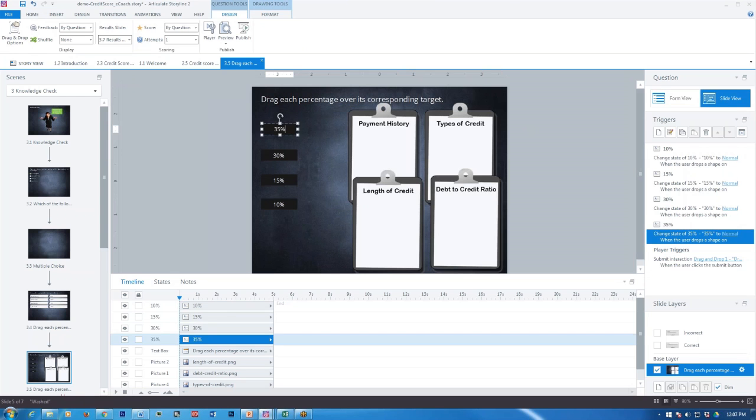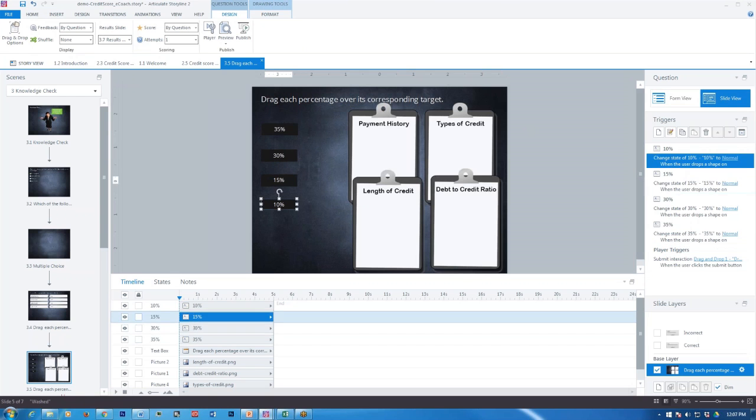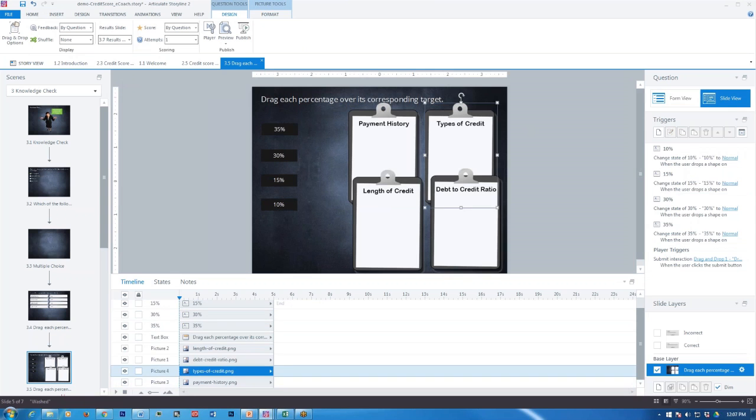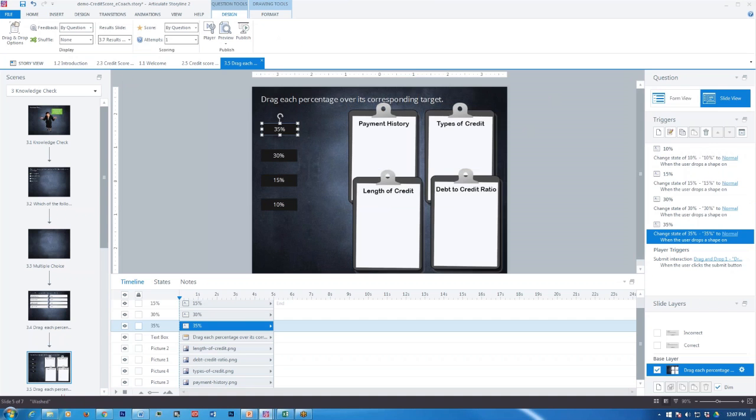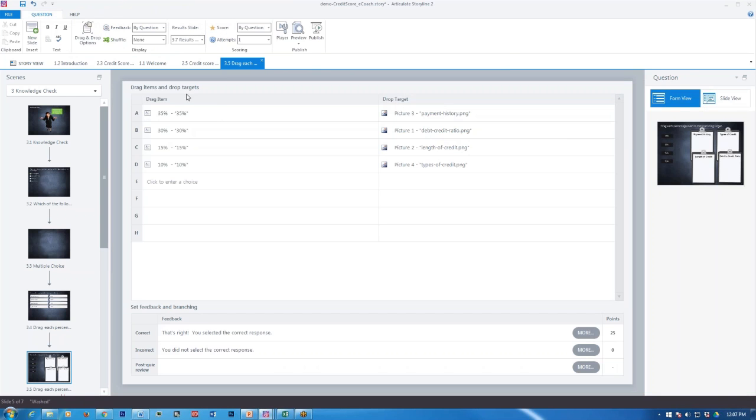So here are each of the text boxes, and then the various image files. So which image goes with which text box? That's how we set it up here. Very straightforward for that. Okay. So that's a bit of an overview on how to create general